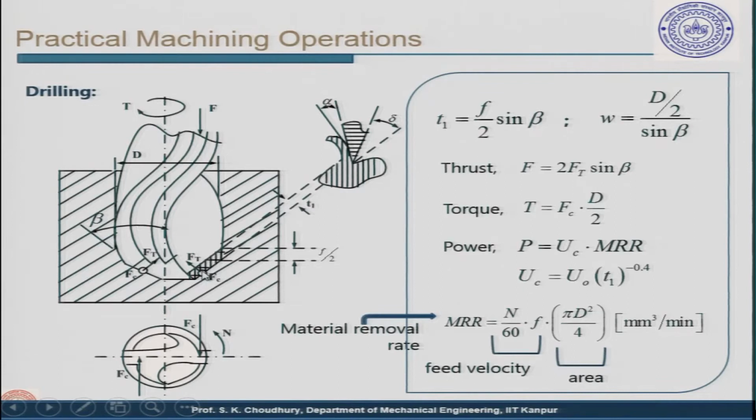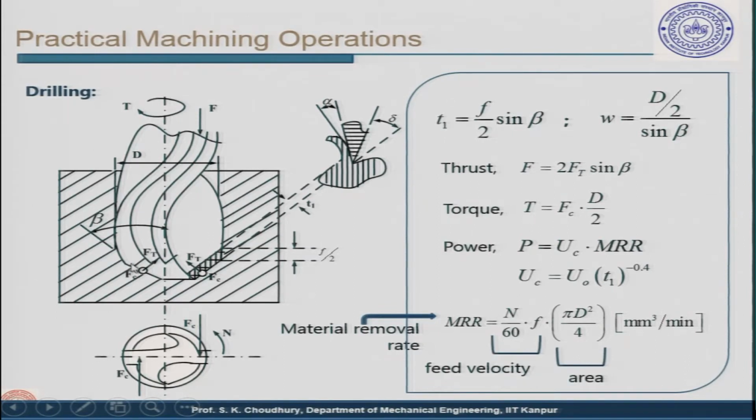So, here the difference is in the feed. As we said, the feed is the movement of the tool in one rotation of the workpiece in case of turning. Here, since both the rotation and the thrust, that is the penetration of the drill into the workpiece, are given to the drill, for one revolution of the drill, how much the drill has penetrated the workpiece is given by the feed.